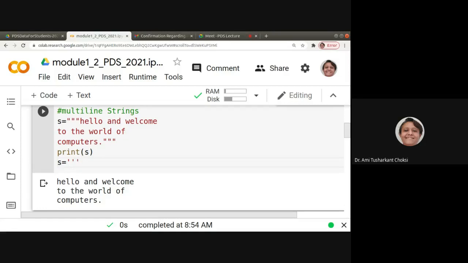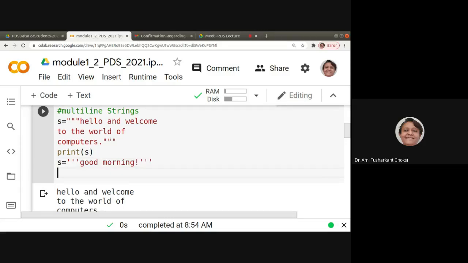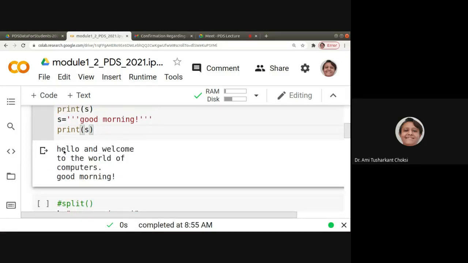And we can say good morning. 3 quotes. And then after that we'll have print S. Let us run it again. First of all, we have considered this hello and welcome to the world of computers. You can say 3 quotes you have used, but a multi-line string is not there.